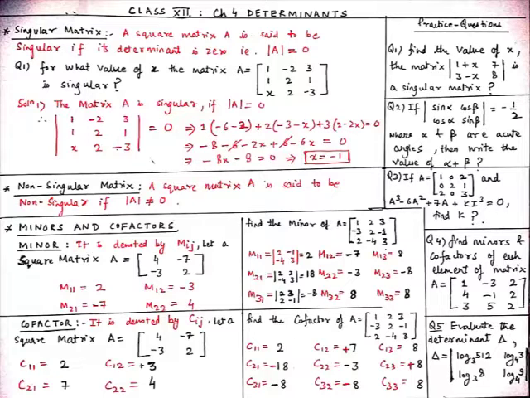In the last video, I have already told you how to find the determinant of a 3 cross 3 order square matrix. Here I am expanding it along row R1. First we will take the A11 element, which is 1. Then we hide row 1 and column 1 completely and find the determinant of the remaining elements, which are -3 into 2, -6, and then -2 into 1, -2.